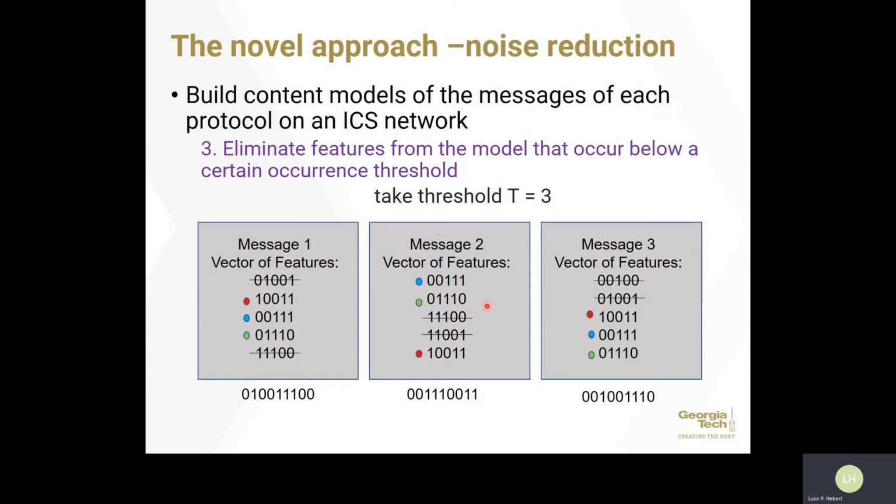So lastly, once the prototype models are created and the noise has been reduced by this method, ZOE, our intrusion detection system or method, has now been trained to expect messages of a certain protocol to have certain features as defined by their prototype models. And now, once we have our models created, if we apply ZOE to a live network and try to detect intrusions, if any new messages do not conform to the protocol's prototype model, ZOE reports an anomaly.